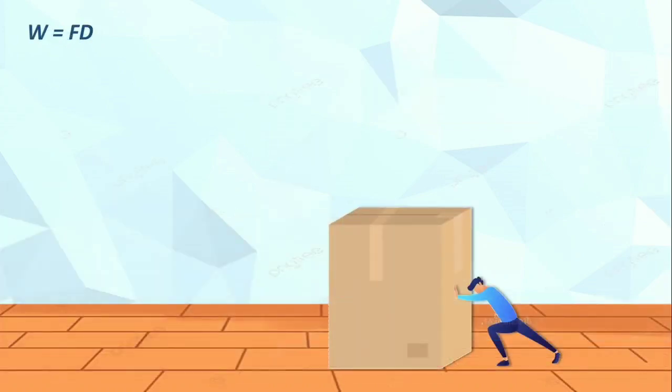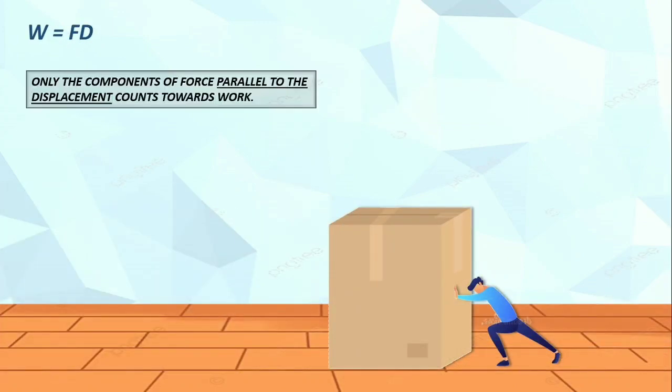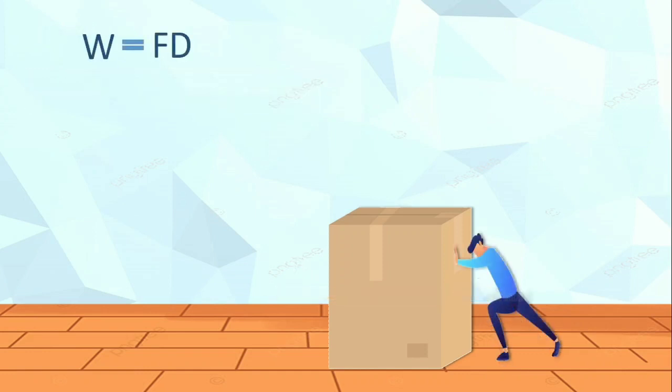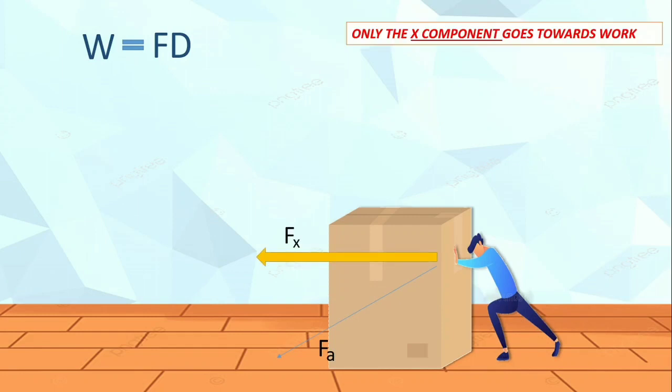In addition, only the components of the applied force that are parallel to the displacement are considered to be contributing to work. If this man pushes a box with his arm parallel to the floor, all of his effort contributes to work done on the box. But if this man pushes at a downward angle, only the X component contributes to work while the Y component does not. In this situation, instead of using W equals F times d, we use W equals